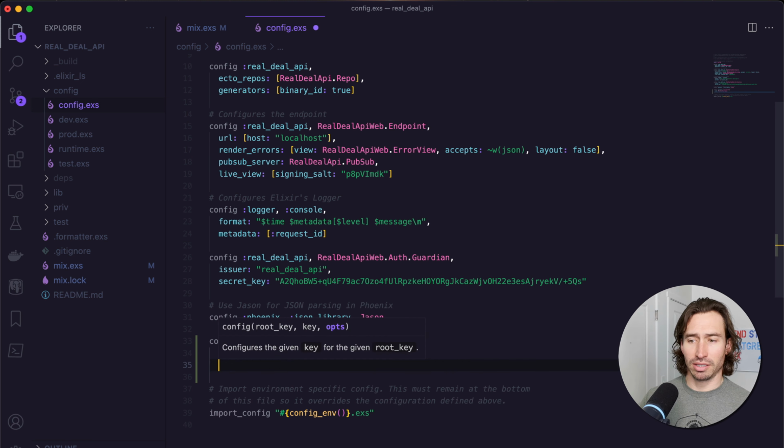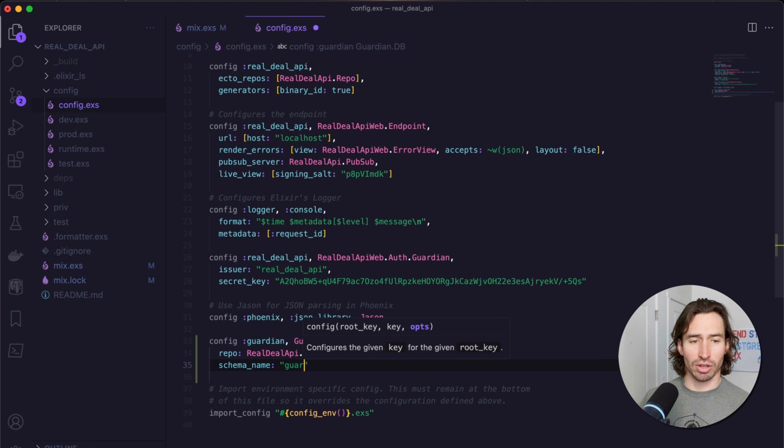And then comma, and then we need to set the schema name that Guardian.DB is going to create. And our schema name, you can call this anything, but we're going to call it schema_name colon, in quotations,